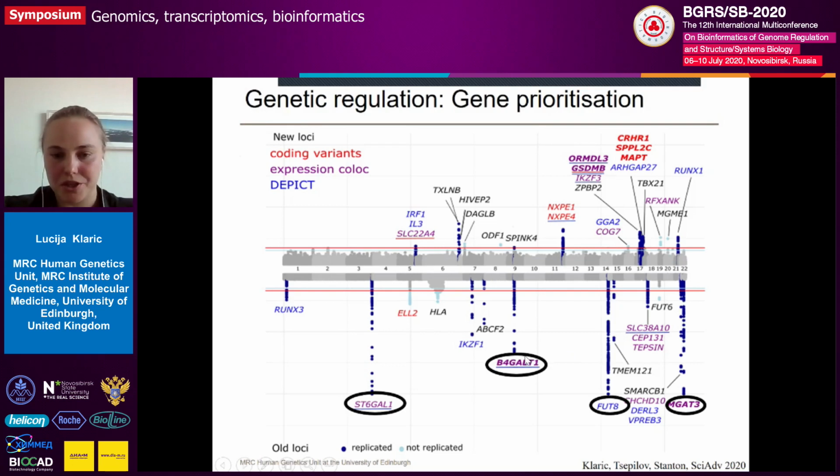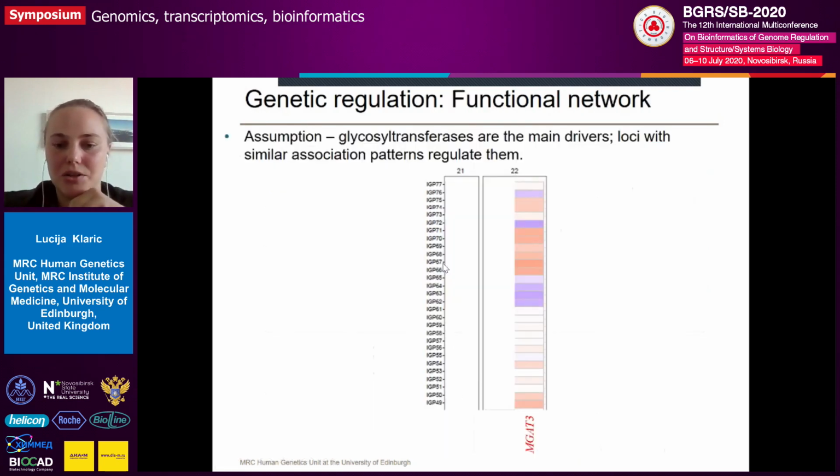But now the main question from the start was, how are these glycosyltransferases regulated? So to do this, we thought about this. Let's assume you have MGAT3, that's one glycosyltransferase, and this is the effect of the SNP in this MGAT3 locus on, in this case, probably about 30 different glycan traits. So this is just the effect of the MGAT3 SNP on IgG P44 and P50 and so on. Our main assumption was, if there are any other loci that have almost the same pattern of association through all the glycan traits as the glycosyltransferase,